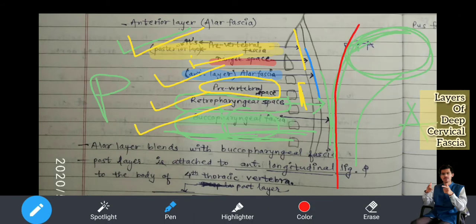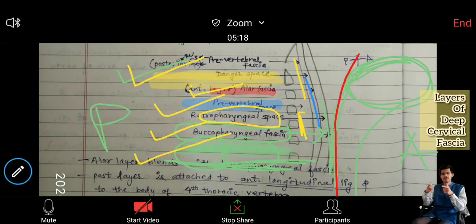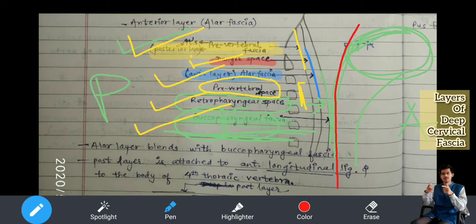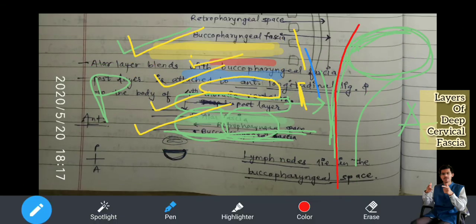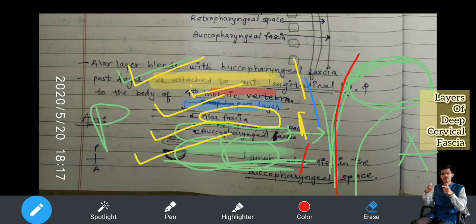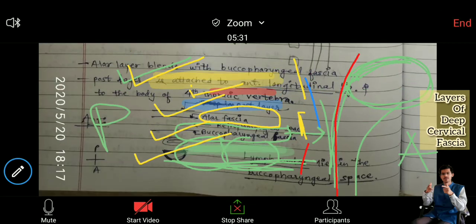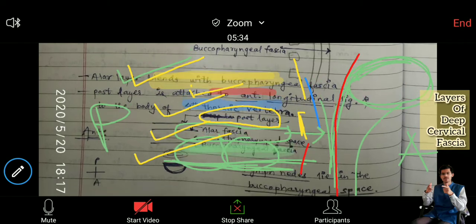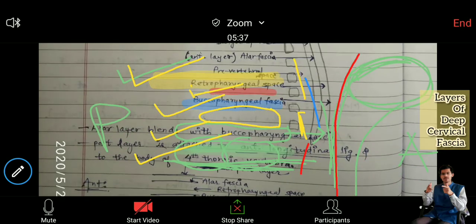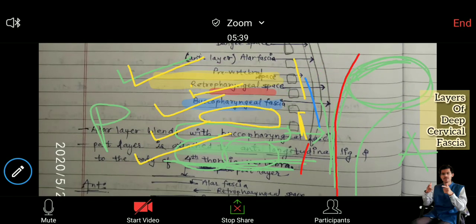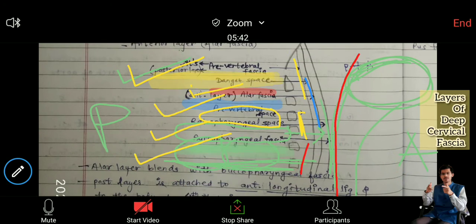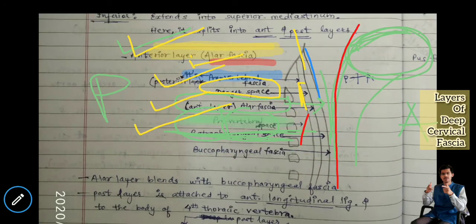Okay, now we need to see the applied aspect of all this. Oh, it's not going. Never mind, let it remain. Is someone playing mischief with that? Okay, no problem. So now if you see the anterior layer, which I have already explained to you, wherever there are spaces present, what will happen? You will see that there are more chances of infection there. Understood? This you need to understand.